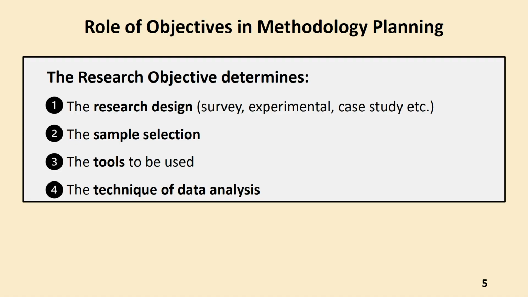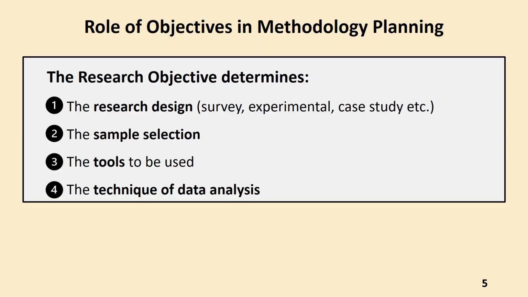First is the research design. Here in research we use various kinds of research designs, like survey method, experimental method, case study method, any other method, whatever you are using. Your research objective keeps a strong foundation on what kind of methodology you are going to utilize. Therefore, the role of objective in selecting and planning the methodology of a research becomes very important,